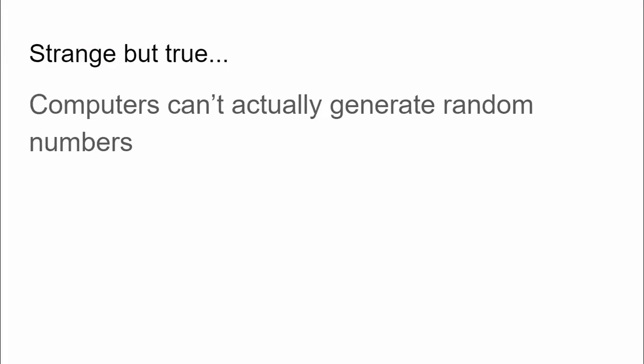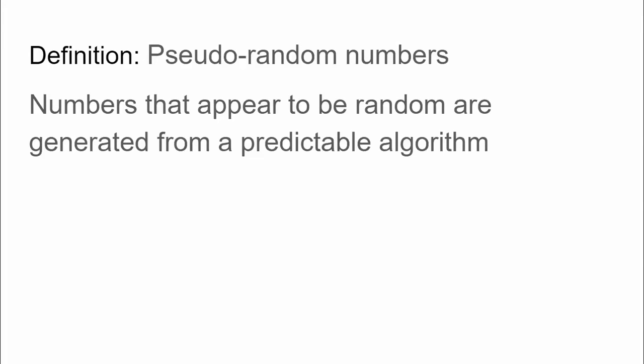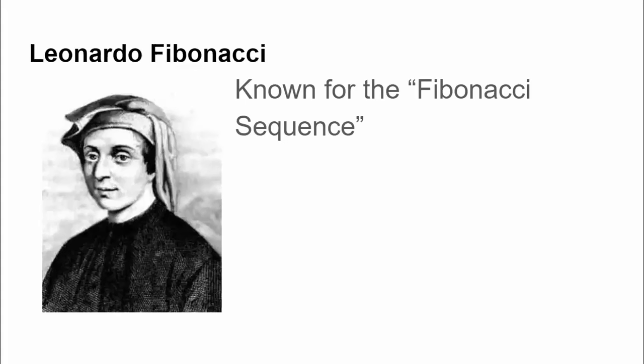So computers can't actually generate random numbers. They can generate what appear to be random numbers. We call them pseudo-random numbers. They're numbers that at first glance look to have no pattern. However, if you know under the hood how they work, then yes, there is a pattern. It's just that we don't see the pattern. They're random enough is what a pseudo-random number is. They're fake random numbers. They're good enough.